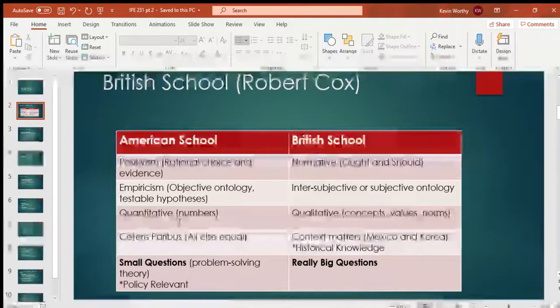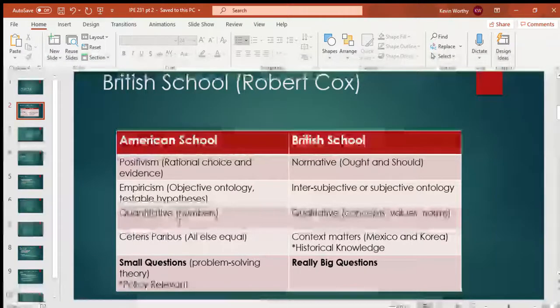The next part is qualitative, right? You can't just reduce everything to numbers if you need this nuance, if you need norms to be in behavior, right? You don't know the numerical impact of a norm, but you know that it has an impact, right? And sometimes when we're talking about qualitative, it's impact, right? Responsibility to protect had an impact, but do we know in the number of deaths, right? Can we count how much impact it has?